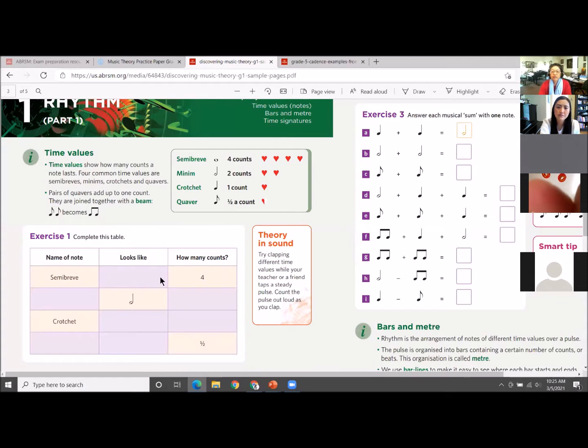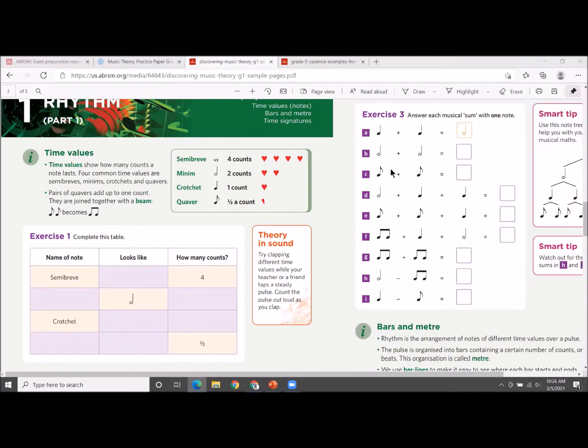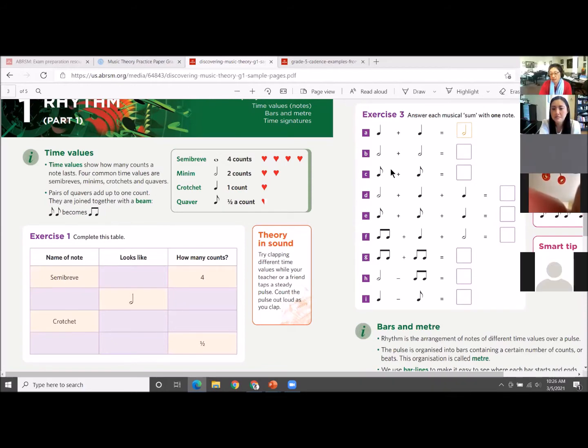Okay, how many counts? So this is a little fill-in-the-table exercise activity for the students to do. They have a lot of little suggestions here. Try clapping the different time values so that students can explore with the teacher. The teaching still remains with the teacher, but I believe the purpose of this is to engage the students at the students' level more, so that the students are able to follow along as much as they can.